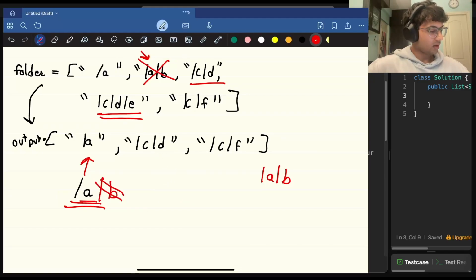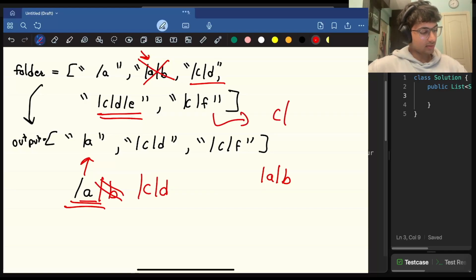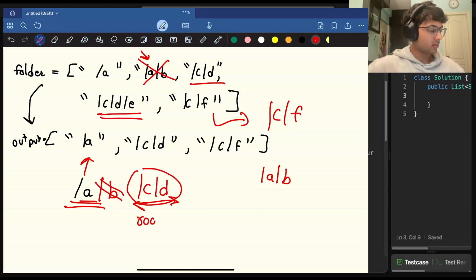Now, we have this. And now if you look at /C/F, we see that there's a folder with /C, but not /F. And we are taking this as one. You can consider if you insert the whole thing here, just consider this as your root folder. So you could equivalently call it something like